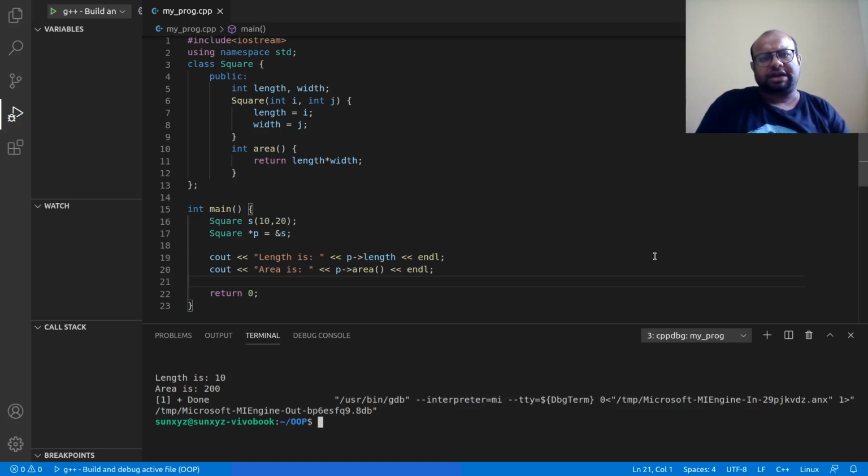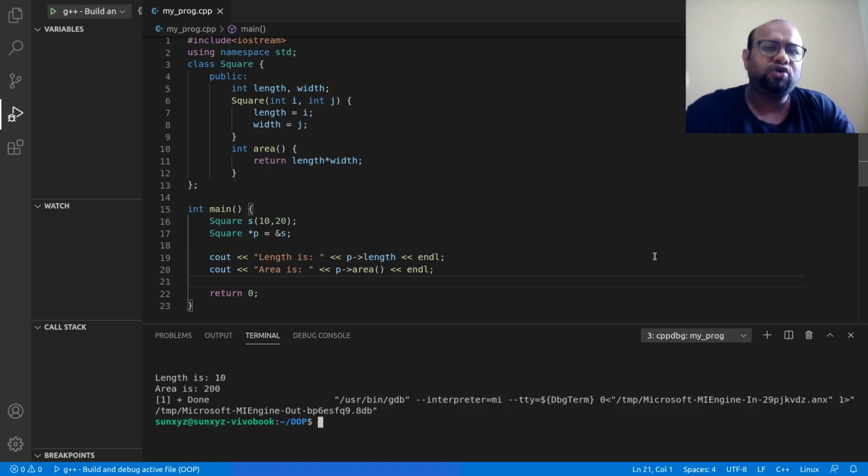I hope that clears up pointer to an object. Everything regarding memory is the same as it was with a pointer to integer, float, double, etc. The difference is that here you are pointing to an object, and when you want to access the attribute or the method of an object, previously with an object variable you had object name dot attribute name, object name dot method name.